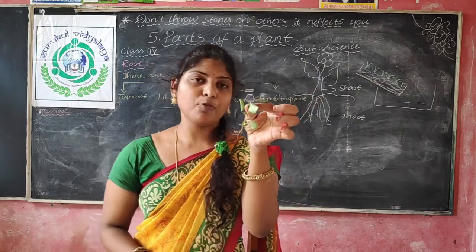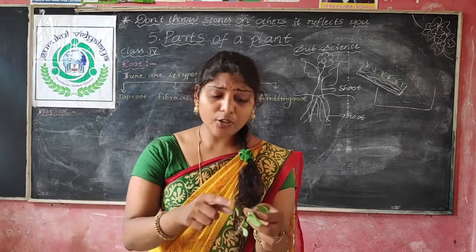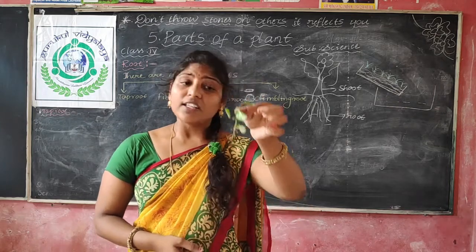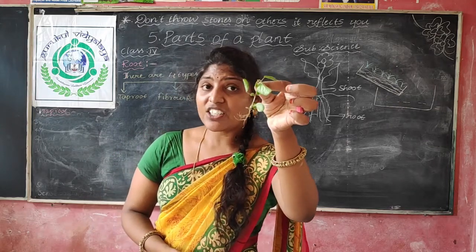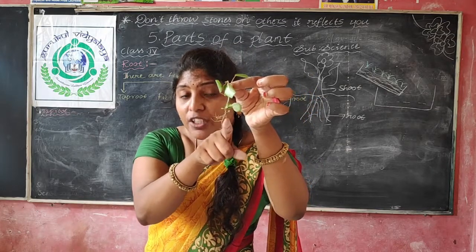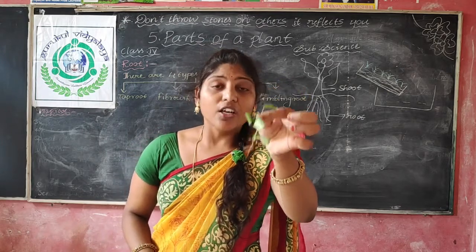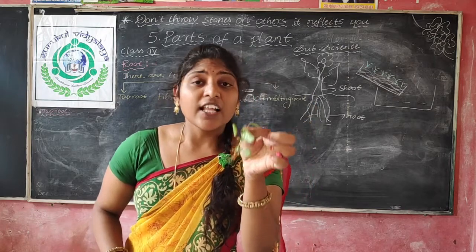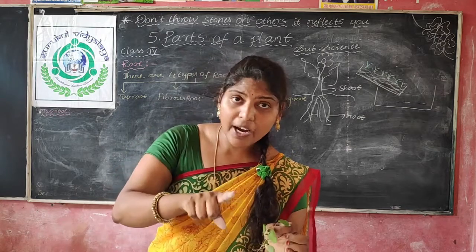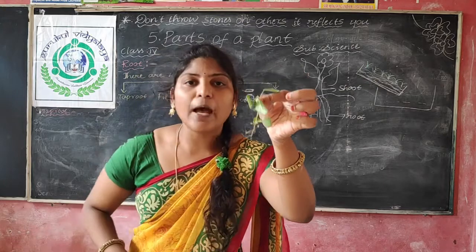Not only this type of plants, no? Spinach, we can see, tomato and dahlia, and chili. So these types of plants have which type of root? Taproot. This main root is nothing but what we call taproot. So taproot means the plant which has one main root, and the remaining roots are coming out from that main root. That type of root we call taproot.